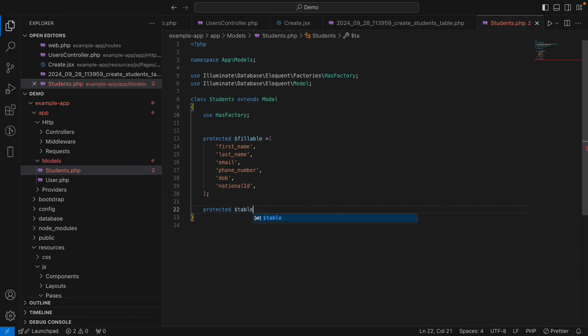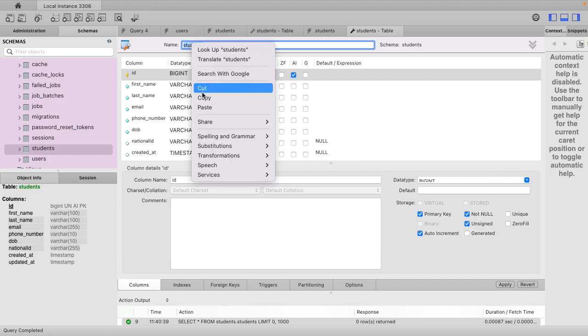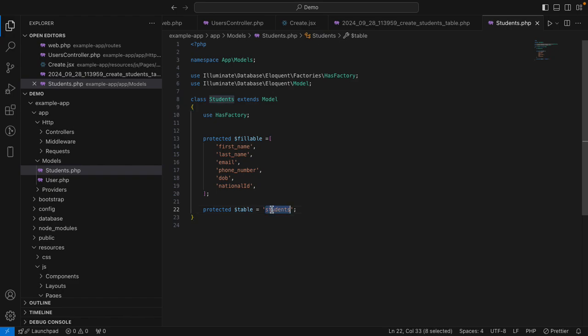table, and it should be student. Of course, that's the name of our table from the database. Okay, it is table. So you see a table. So we have the table over there. Now let's, yeah,